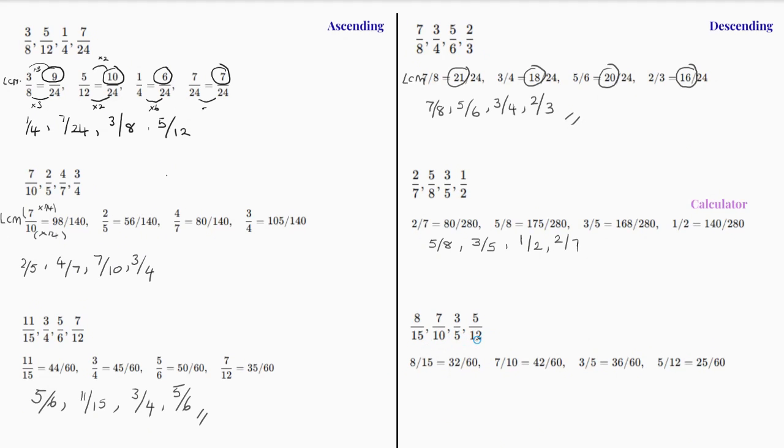I could see that the answer was going to be 60. So let's start from the biggest number, and the biggest number here is 42. So 7/10 first. 3/5. 8/15. And then finally,